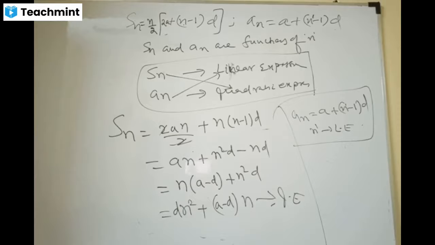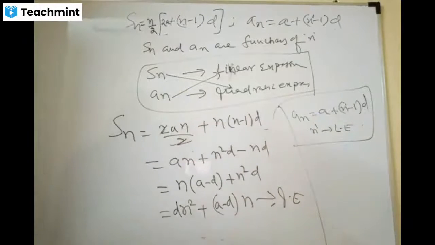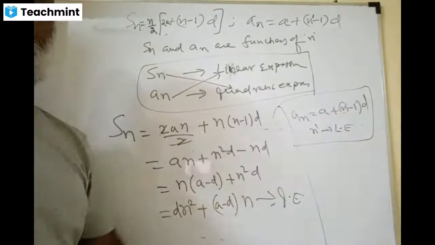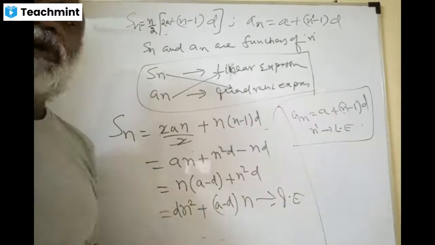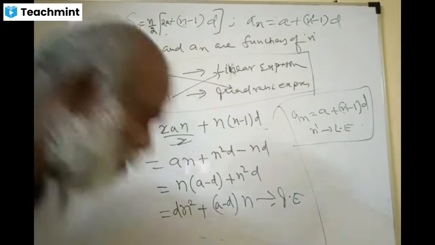Yeah. So what matters is n here. n is of second degree here, and n is of first degree here. Therefore it's linear, and therefore it's quadratic. So this is also a very interesting one. About AP we are talking, okay?